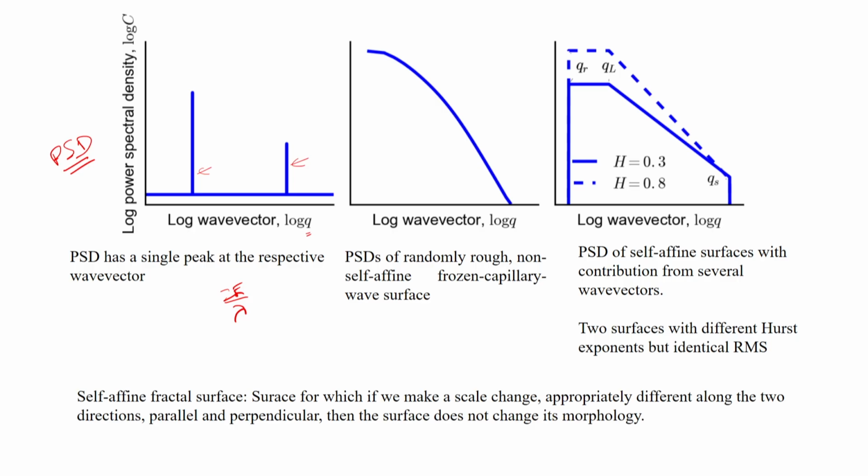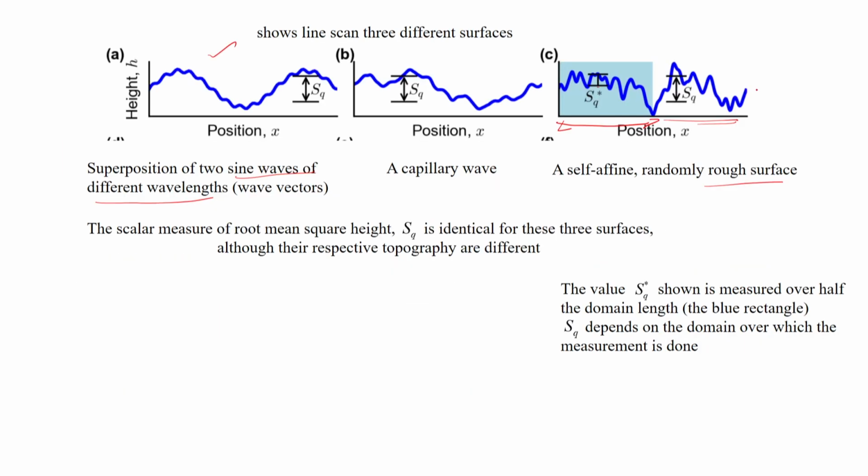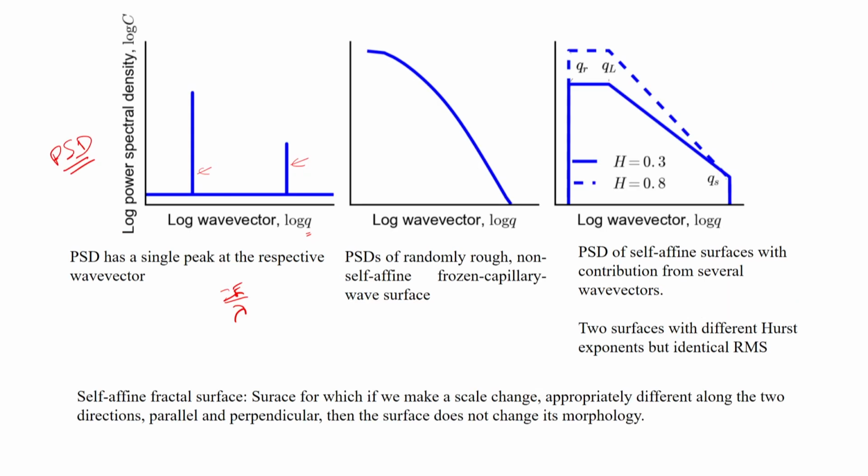This is the PSD of a randomly rough non-self-affine frozen capillary wave surface. What is self-affine, I will come to in a minute. And here this is the PSD of a self-affine surface with contribution from several wave vectors, meaning randomly rough. So it has a summation of waves of all different wavelengths, and as a result you have this surface, and when you do the PSD, or power spectral density, you will get a plot something like this,